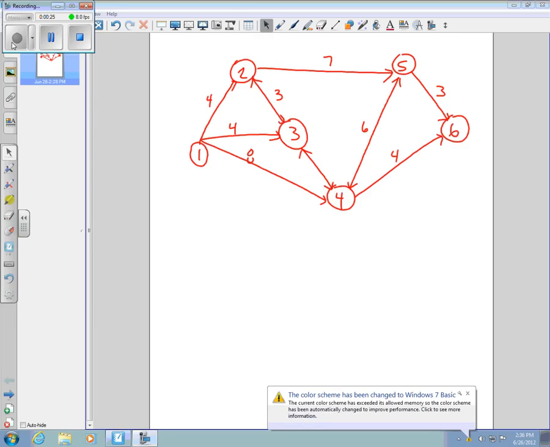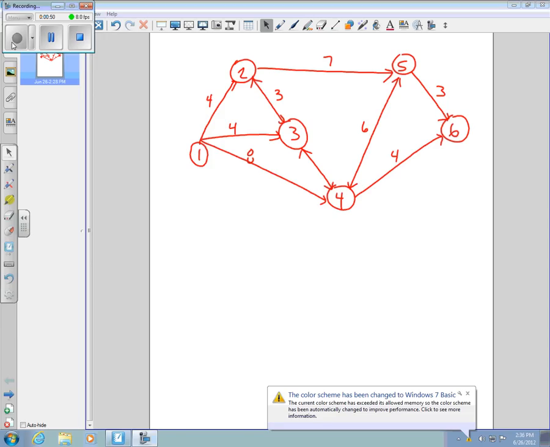and let me just describe it. The arcs on this diagram represent potential paths we could take from getting from node 1 to node 6. And then the numbers along each arc represent the distance that's required to travel if you take that particular arc or path. We identify each arc